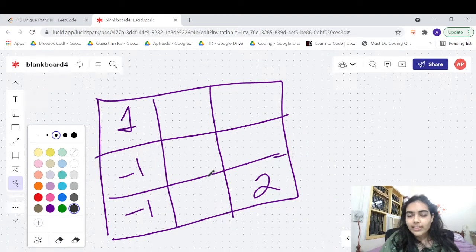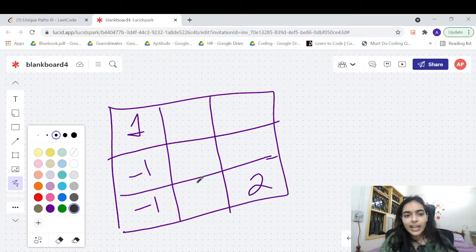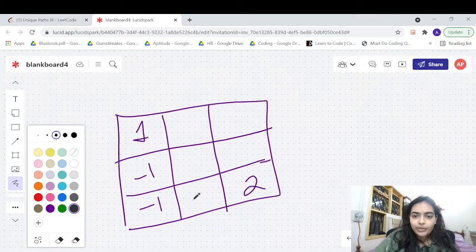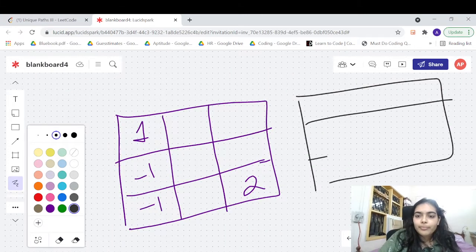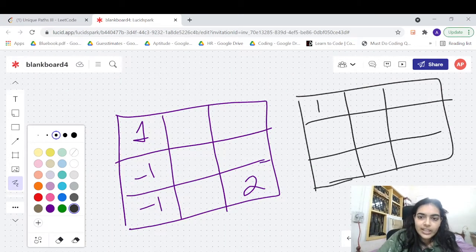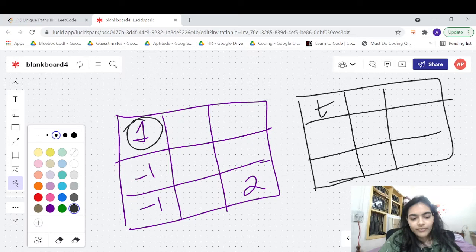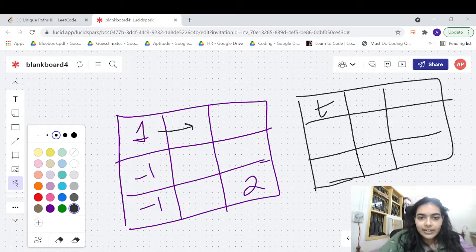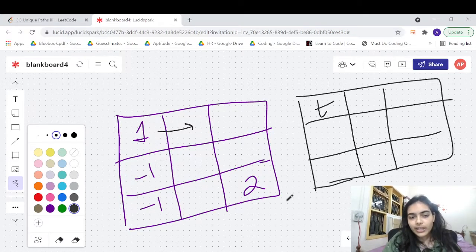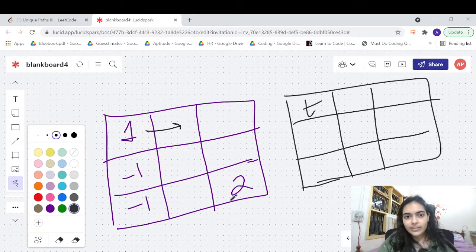So how to solve this problem? To solve this problem, there is a simple approach. You can keep a visited matrix. You can say that I have already visited the first path, which is true. If I have already visited it, then this cell will see that I have already visited this cell, and it will not make a call back to the neighbor. So we will not enter into the recursive condition, right?